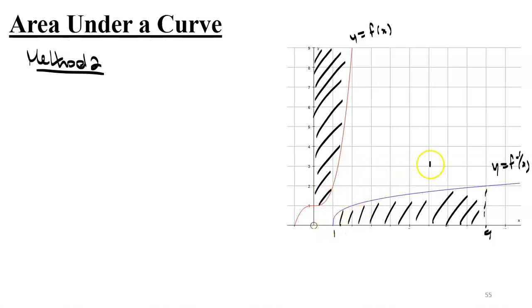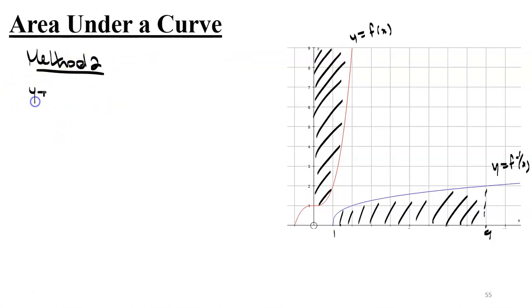However, if it's easier to work with the inverse function, in that case, what you would do is find the expression of the inverse and then find the integral or the area under the inverse, the curve corresponding to the inverse, between x equals 1 and x equals 9. So over here,